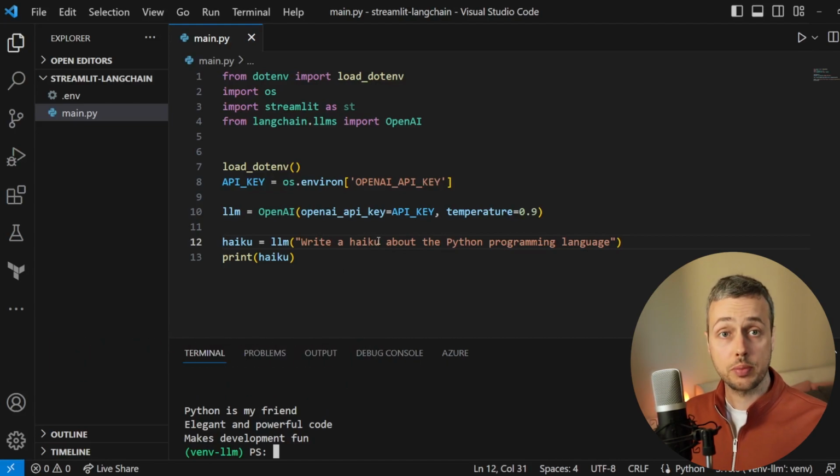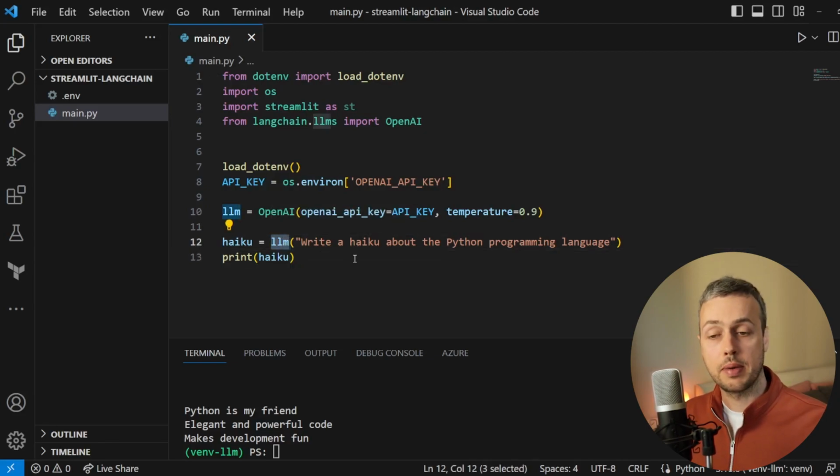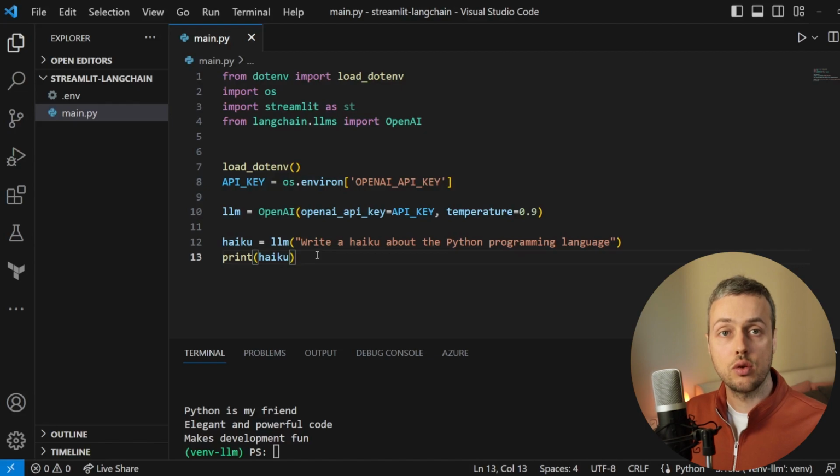What we're going to do is build a Streamlit application that lets the user enter details, and these details are going to be used as part of the request to OpenAI, and we're going to use Langchain to manage all of these interactions. So we have a large language model here. We've seen how we can send a basic prompt, but what we're actually going to do now is create something